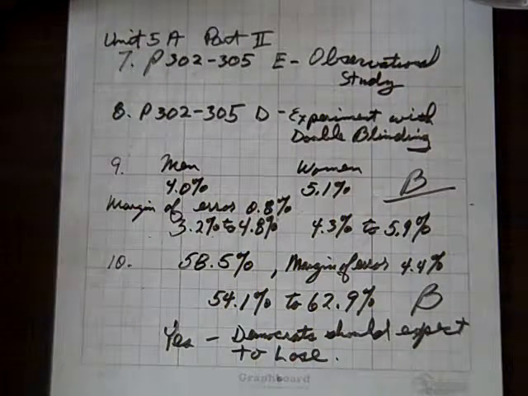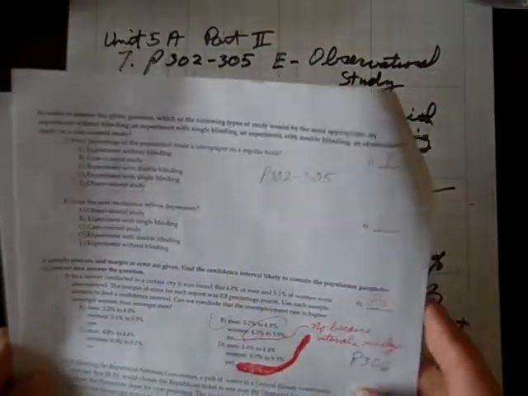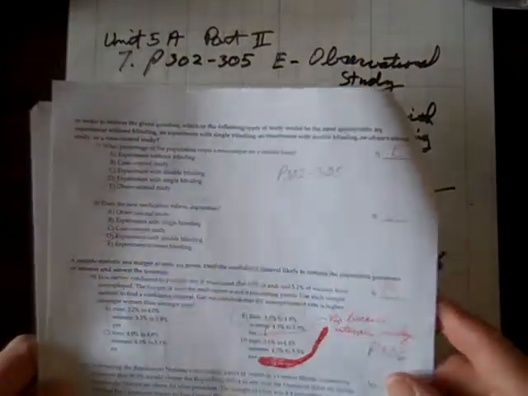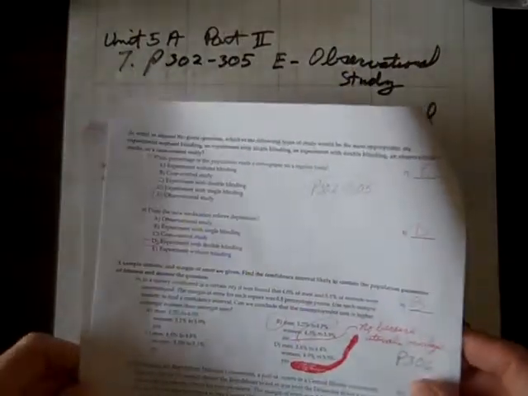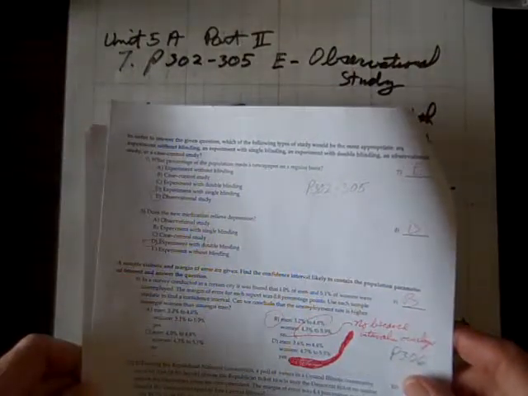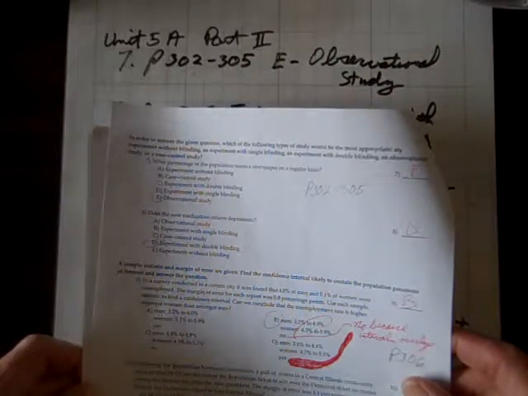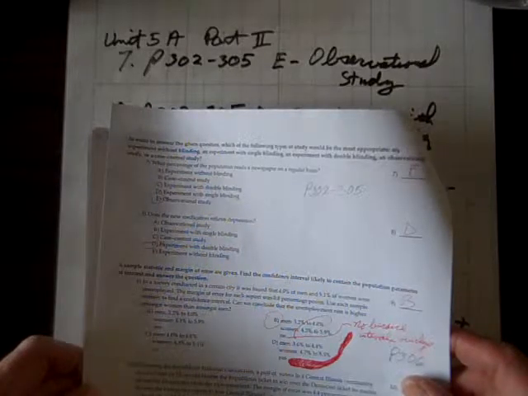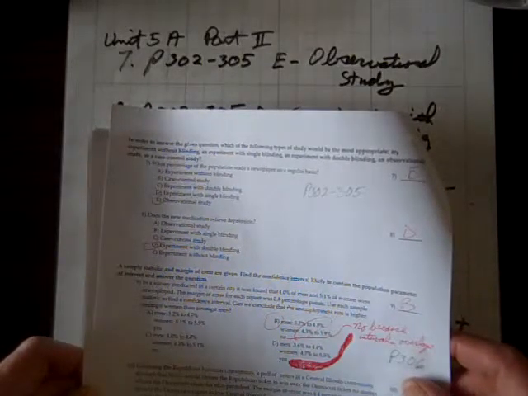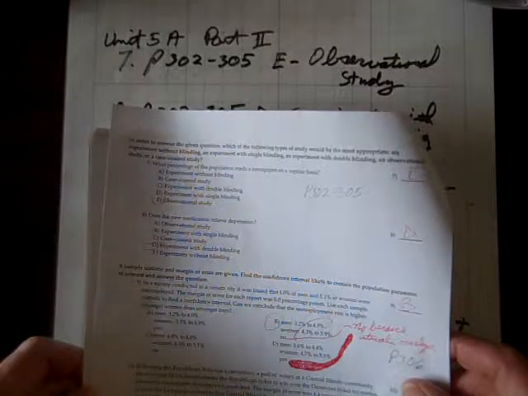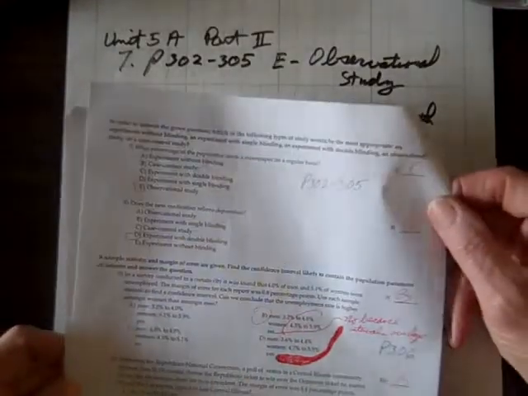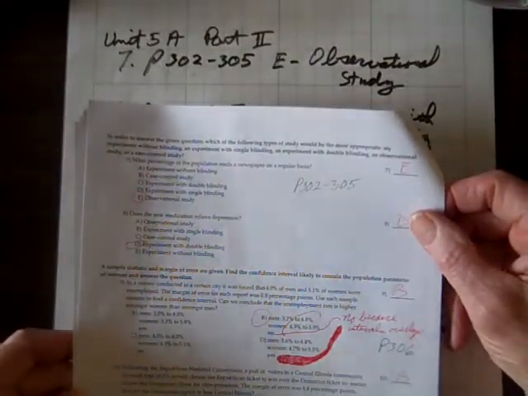Well, part 2 of Unit 5A. And question 7 has to do with what percentage of the population reads a newspaper on a regular basis. And we need to determine which is the best way to conduct a study of this. And when it comes to reading the newspaper, well, an observational study would be the best way, as opposed to the others. And by the way, those studies can be found on page 302 to